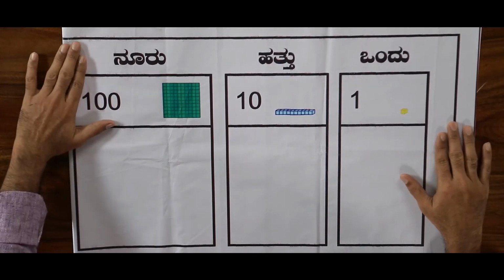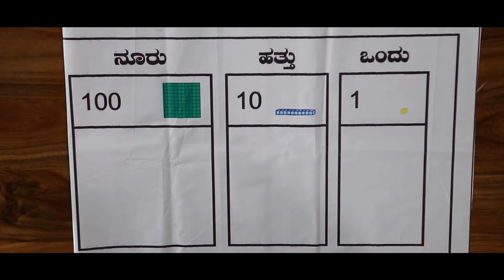Let us now look at the method of addition with carryover with the help of this place value mat. To begin with, give me a number. 345. Okay. This is a 3-digit number, 345. Which TLM should I be using first? Let us start with the base 10 block.